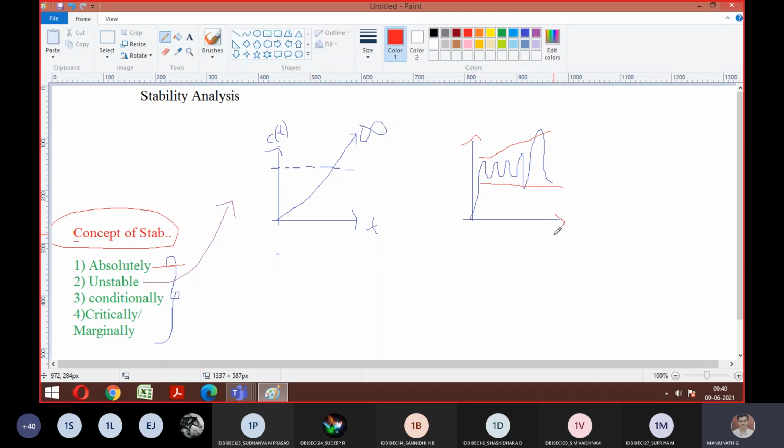In any transfer function, there are words to understand now. You just underline that word I told. If any closed loop poles, you underline that word poles. We'll discuss that later. In any transfer function, if any closed loop poles are in the right half of the S plane. We have to discuss this S plane, so once I finish this, I will go to the S plane. Right half means towards RHS.